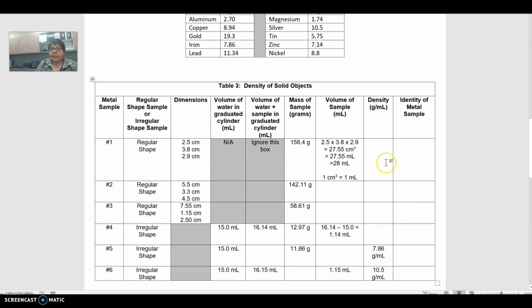Now, to calculate the density, remember that density is always going to be mass divided by volume. So the mass of this object